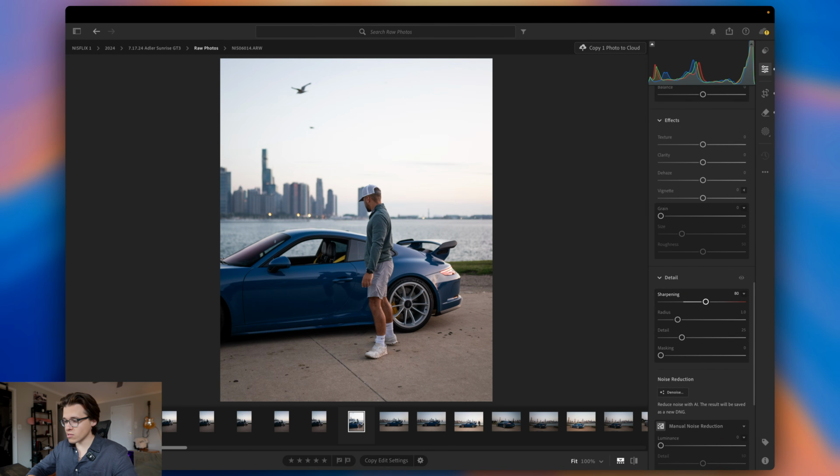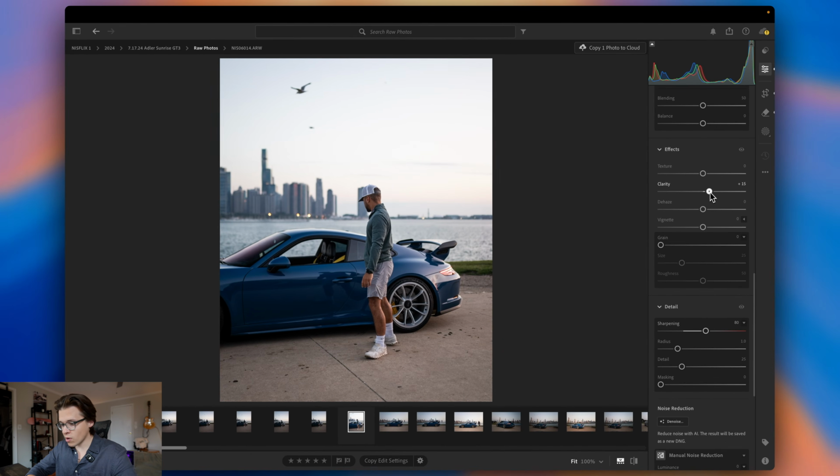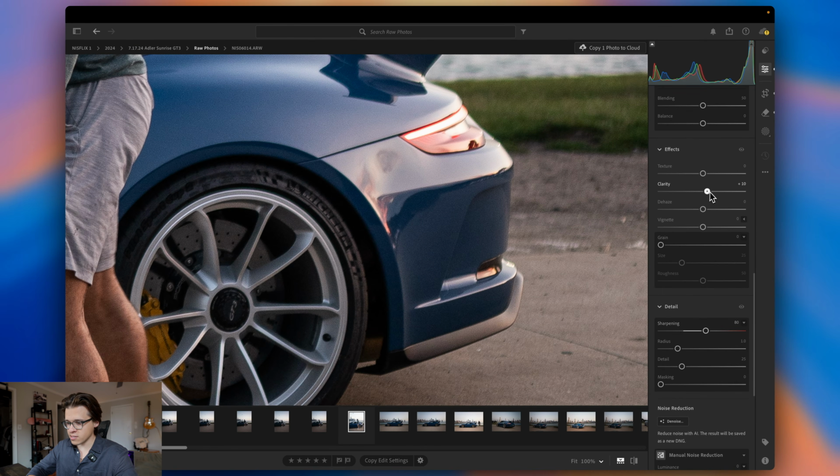Next thing I'm going to do is play with the clarity slider. I usually like to lift this up to anywhere from 10 to 20 when I'm shooting cars. Sometimes I just leave it at 0. Depends on the vibe I'm going for. I think 10 is a pretty solid number for this slider here, because you'll see when I lift it to